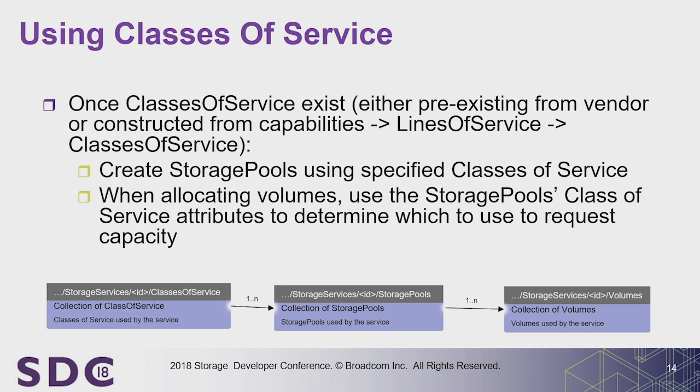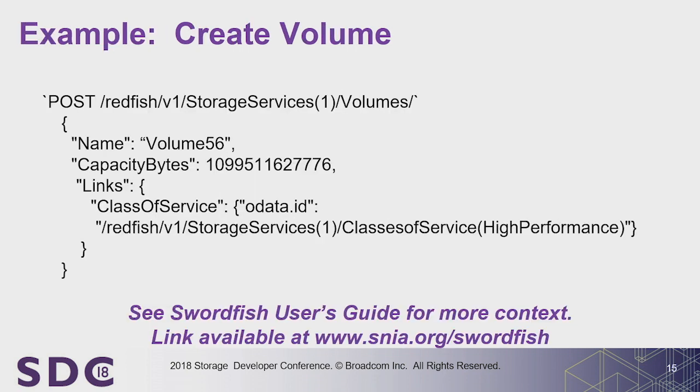But because you basically gave it the constraint of class of service, and class of service had the constraint of only use this kind of drive, effectively it's a policy that got applied in there. So then when we go to create the volume, all you have to do with the volume is say,